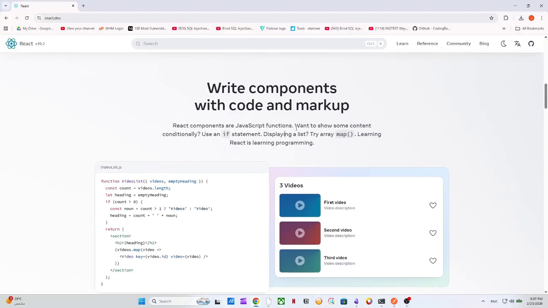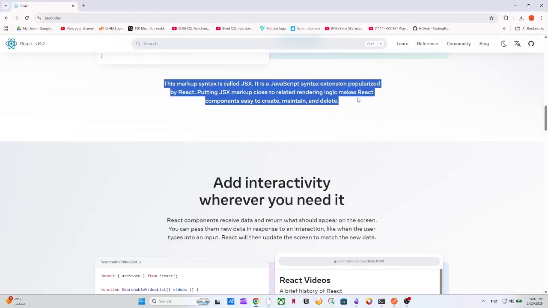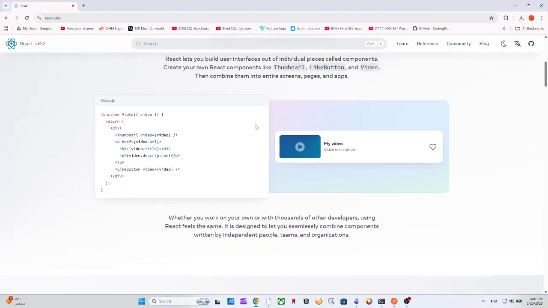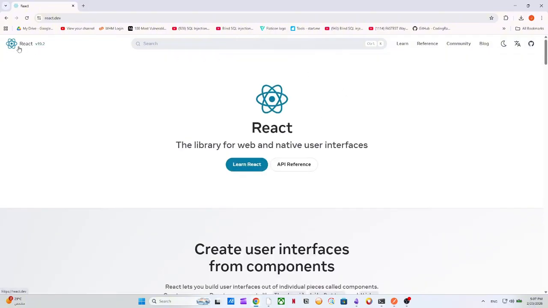So React components are JavaScript functions. Want to show something conditionally, use if; displaying a list, use an array, and we'll talk about this as well. And yeah, so let's just go to